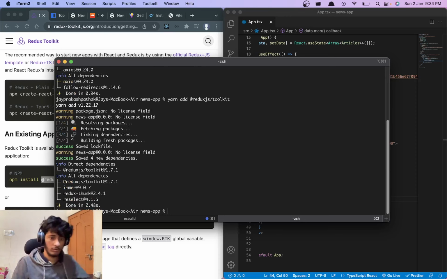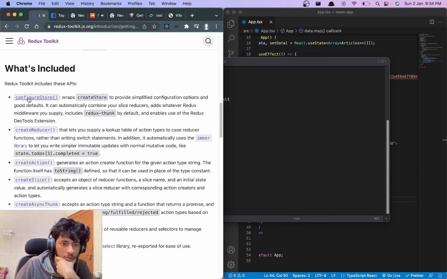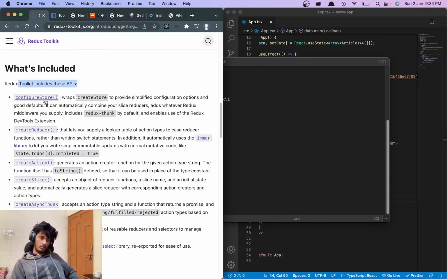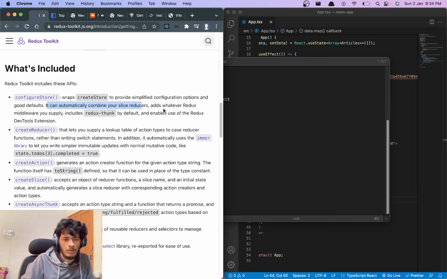Next, what's included: it has configureStore, which provides simplified configuration options with good defaults. It automatically combines slice reducers.